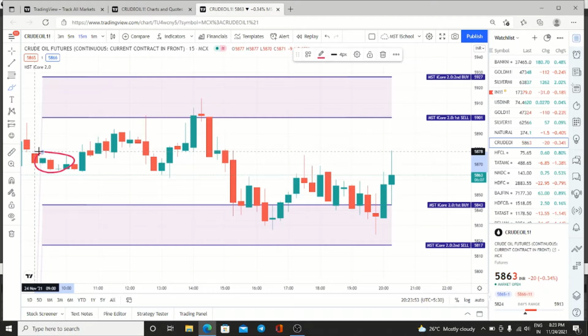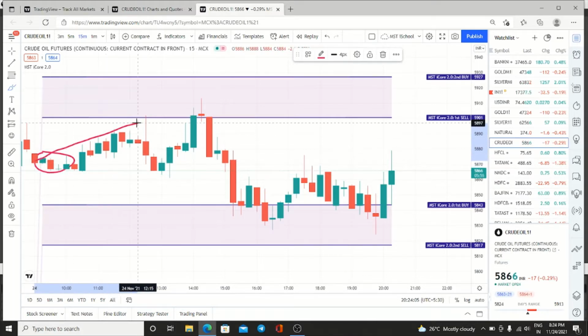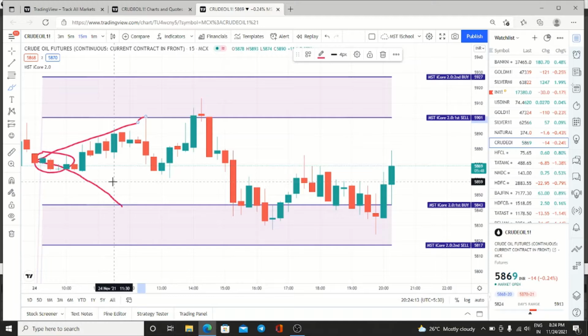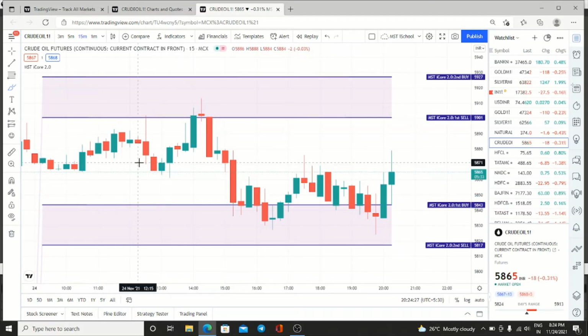Now let's start. People who have watched our videos already know our strategy. It is very simple. When the market has opened in this range, we have to wait for the market to reach either this level or this level, the top line or the bottom line. Whichever side triggers first, we have to trade at that level. If sell gets activated, we have to remove the buy. If buy gets activated, we have to remove the sell. Then we have to enable the corresponding target and SL.